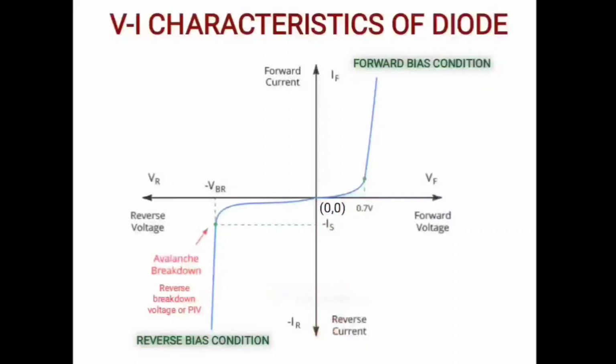In forward bias, initially no flow of current is observed as we increase the applied forward voltage, and when it reaches the barrier potential, that is 0.7 volt for silicon diode and 0.3 volt for germanium diode, current starts flowing after this forward bias voltage. The voltage at which current starts flowing is known as the knee voltage or cut-in voltage of that diode. After this, current increases very rapidly with a little increase in voltage, and the diode conducts electric current.